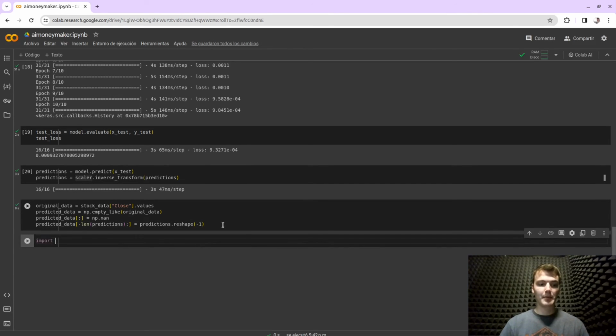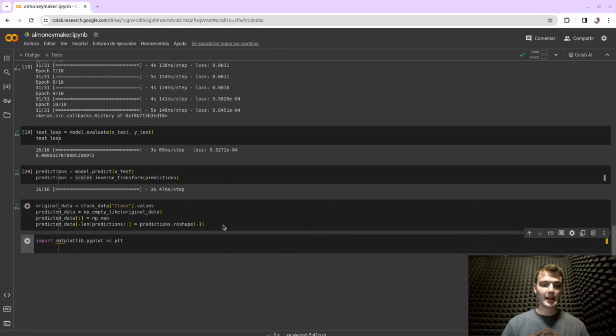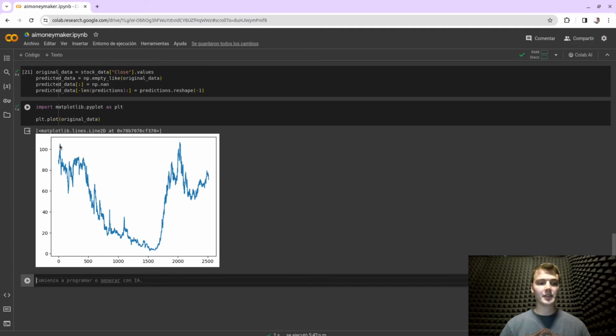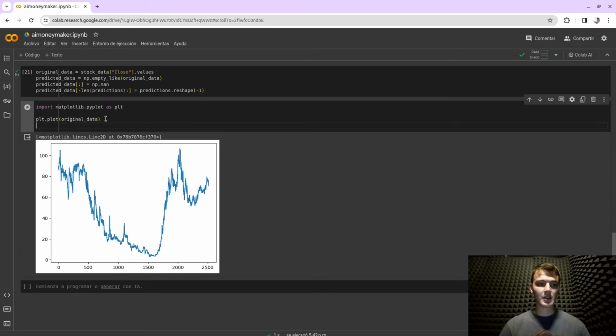So now let's actually import matplotlib, which is going to allow us to plot our results. So import matplotlib.pyplot as plt. We're going to say plt.plot, and we're going to plot our original data. So I'll run that. And you see this is the value of the stock as we go through days. And essentially this last 20% right here at the end is what the model was trying to predict just by knowing what came before. And so in order to do this, we're also going to plot